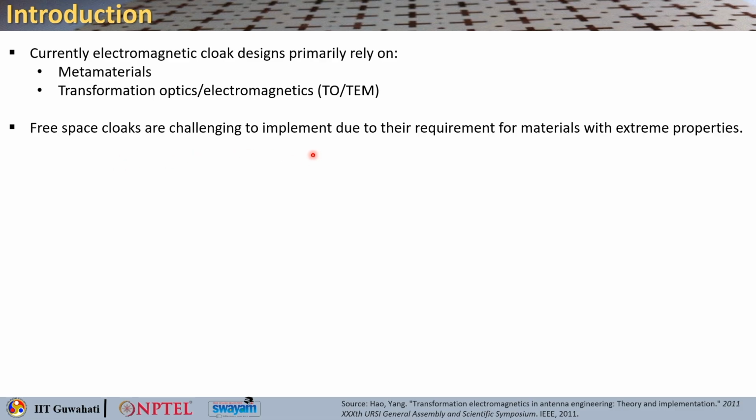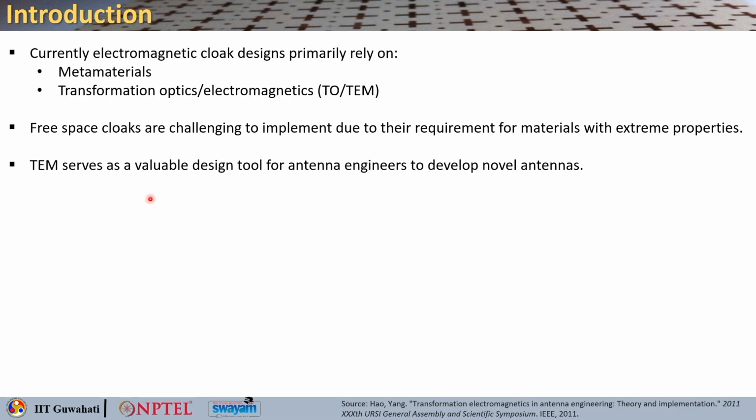They are challenging to implement because they impose requirements on metamaterials that have some extreme properties of permittivity and permeability. So, theoretically they are possible, but challenging to fabricate those kinds of devices. So, transformation electromagnetics here will serve as a valuable design tool for antenna engineers that can also help in developing